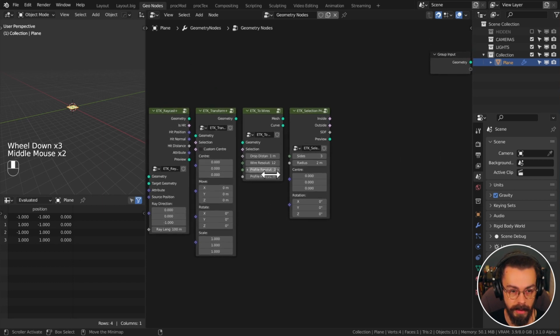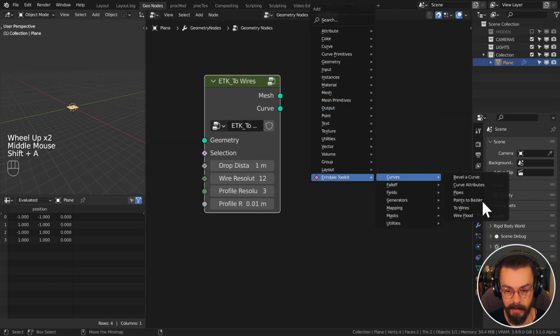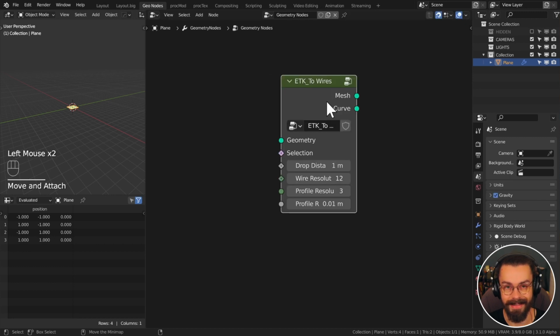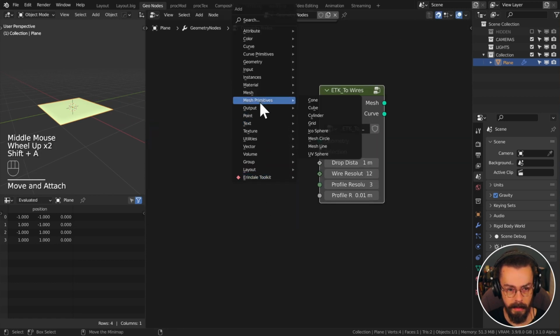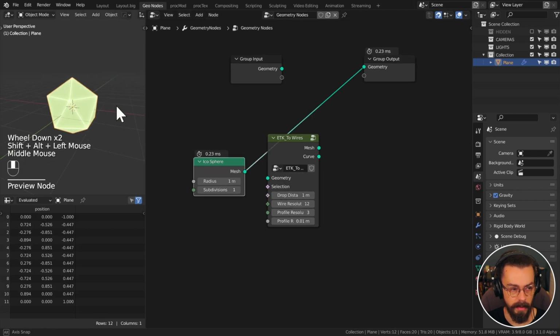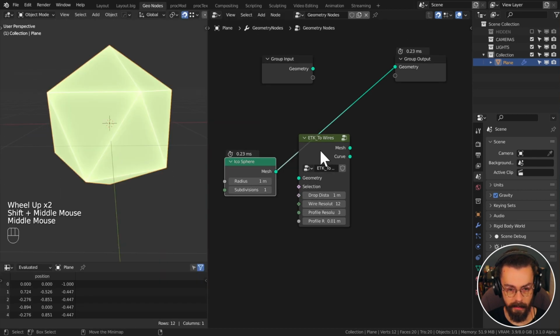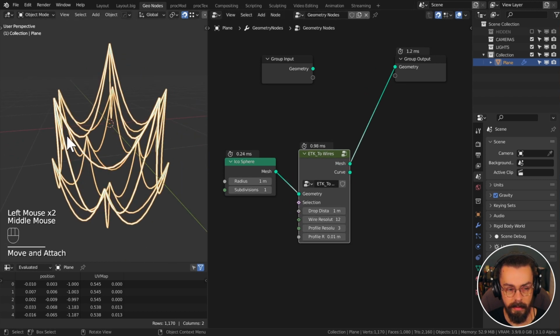So first of all, let's have a look at the To Wires node. This is actually a new addition into the curves collection. You can find this in here. And it essentially takes any kind of geometry, whether that is a mesh, a curve, or even a point cloud, and it will turn it into hanging wires. Let me just show you that. Probably best if I show you with something like an icosphere. And so the icosphere looks something like this. And if we put it through our To Wires node, you can see that it turns into this kind of